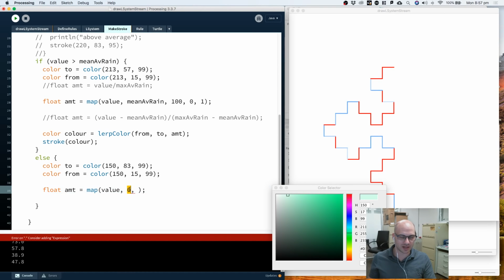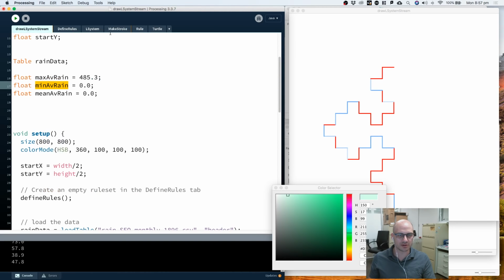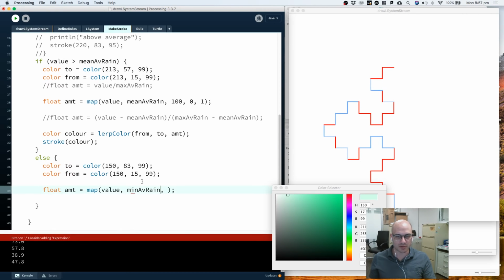I could go from minimum average rain, which I know is 0, but I'll use it anyway, and it's on a scale to the mean average rain because it's below that value from this if statement, and I want to stretch it to a value from 1 to 0. And the reason we're swapping it round